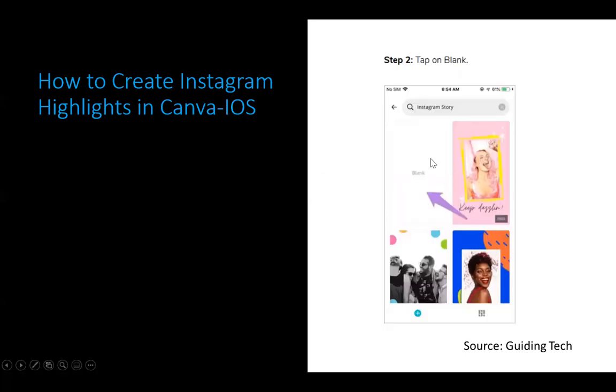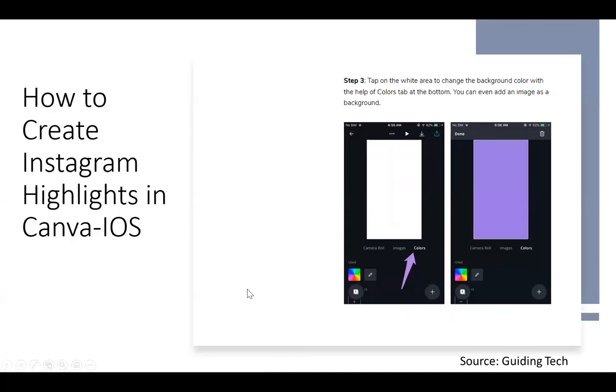Again, just a little difference in terms of the presentation. You can choose a blank template, or you can choose one that's already set up for you. Same process if you're starting from blank, which I think most people would like to, so that you can brand the profile or the story. You start from blank, you select your coloring,